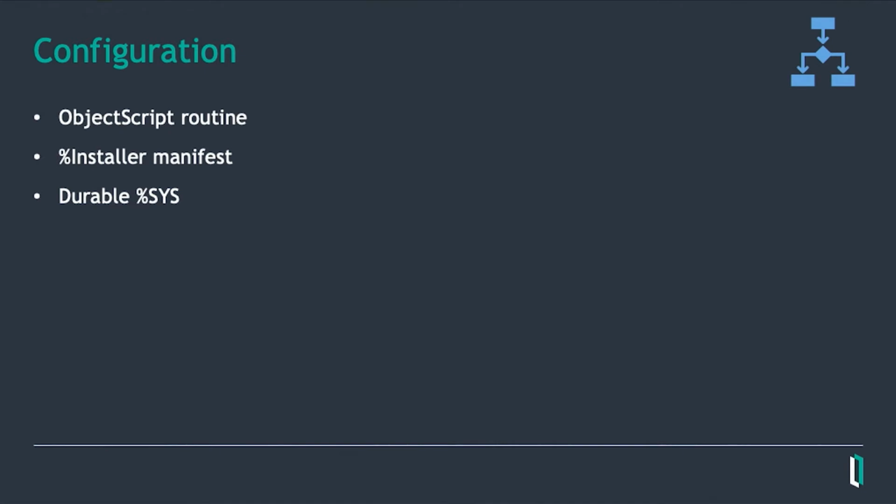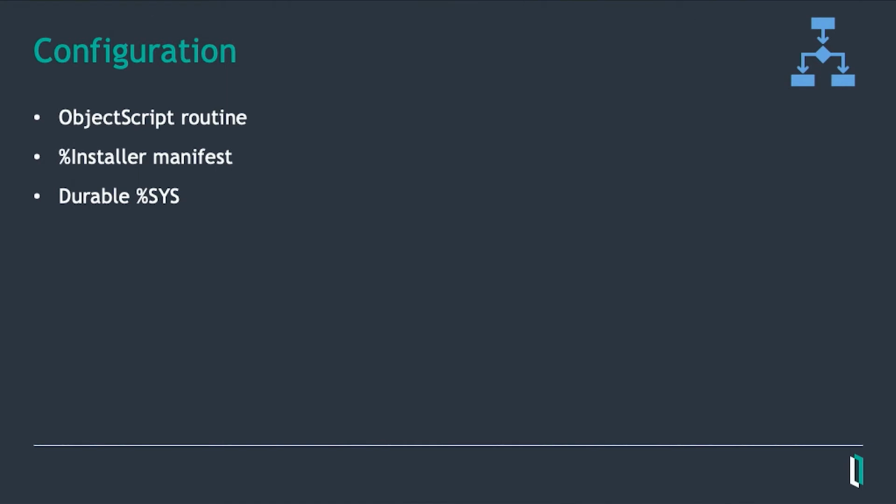If you don't want to do that, there are many reasons you might not want to. If you can't do that, there's this feature called durable sys. If you were in Joe's talk just a few minutes ago, Joe Carroll, he talked about this. Really, all this is a way to specify that IRIS's configuration lives in some directory outside of the IRIS install directory. The advantage here is that you can map that to a volume or a bind mount, something that lives outside the container. That way, you can start up a container with a vanilla instance of IRIS,